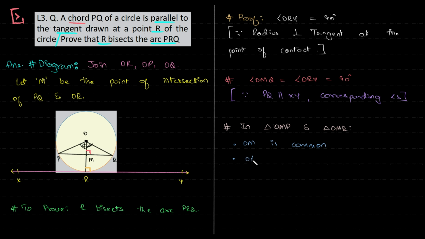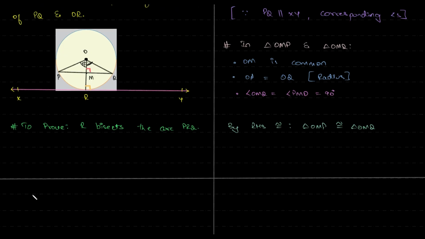And we have OP equal to OQ because both are radius of the same circle. Then we have angle OMQ equal to angle PMO, both equal to 90 degree. And so by RHS, not CPCT, sorry, by RHS congruency, we have triangle OMP congruent to triangle OMQ. And now by CPCT,